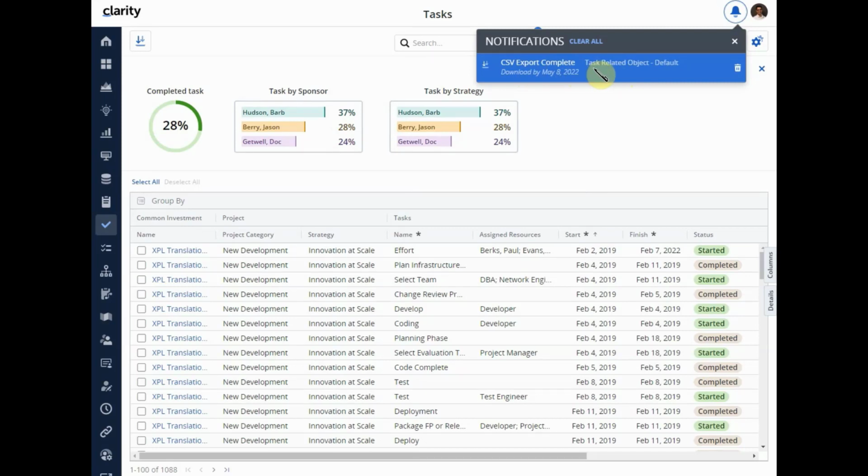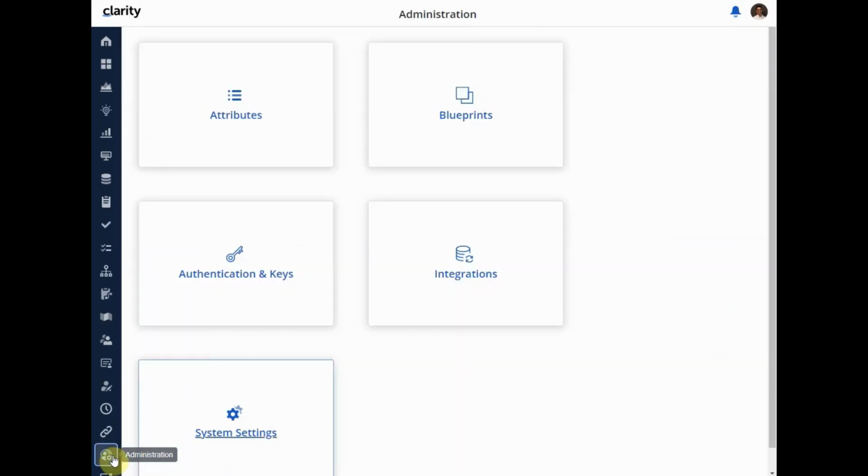So even though all my notifications were turned off, I am still getting the CSV export for data more than 500. Right? Next, I'm going to go into the Modern UX administration side, and I'm going to go into the system settings